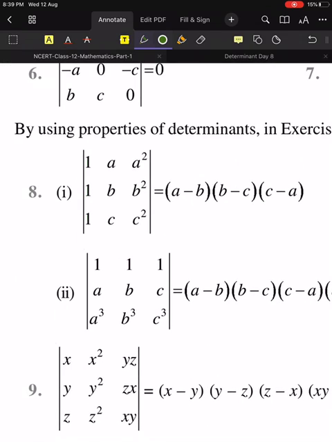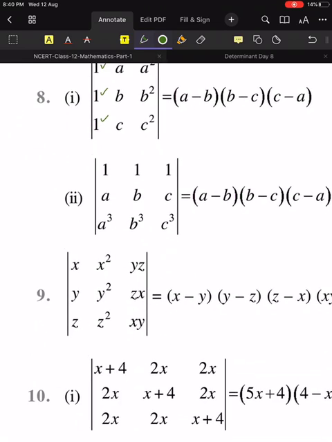Acha. Now let's do this one. Tell me, how will I do this one? Now listen very, very carefully. Whenever we see 1, 1, 1, okay? The first thing that comes to my mind is to try to get 0, 0. It's very, very easy. So I can directly do this minus this. Understood? Yes. So I will try to get the other elements as zeros. So tell me what will be my operation?